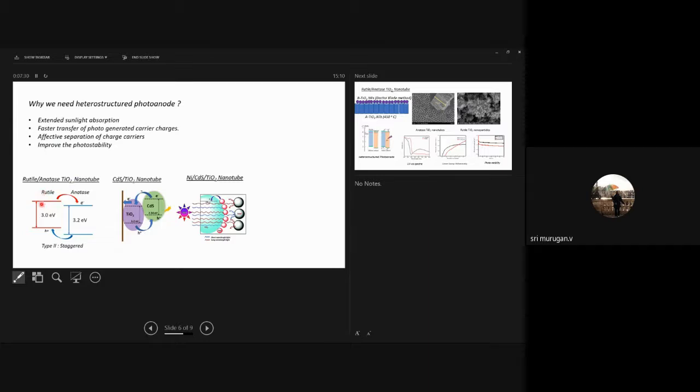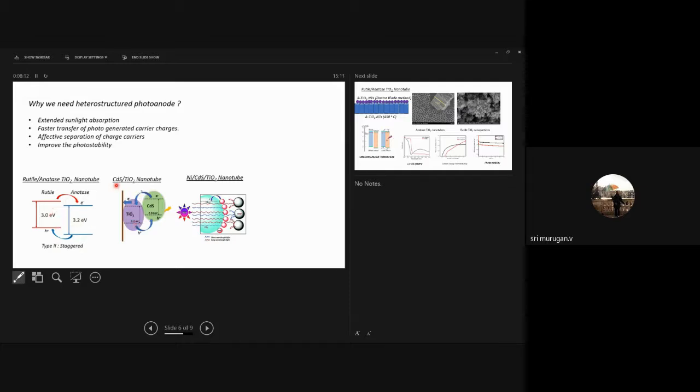So in my work, I tried different materials. First, anodized rutile TiO2 nanotube as a photoanode. This TiO2 material, depending upon the temperature conditions, exists in three forms: anatase, rutile and brookite. I chose anatase and rutile because anatase is very stable and its carrier transport is high, and rutile is even more stable than anatase. So it forms a type 2 staggered arrangement heterostructure, from which the generated electron-hole pairs will be easily transported.